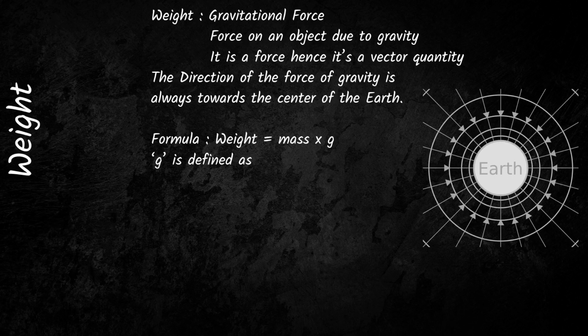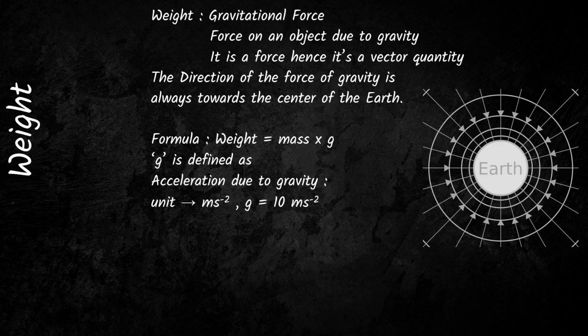Number 1, acceleration due to gravity with units meters per second squared. The value for acceleration due to gravity is 10 meters per second squared. This means that an object in free fall should always accelerate at 10 meters per second squared irrespective of its shape and mass. But of course that's not the case, and we'll learn in a future video why objects in free fall do not accelerate at 10 meters per second squared.